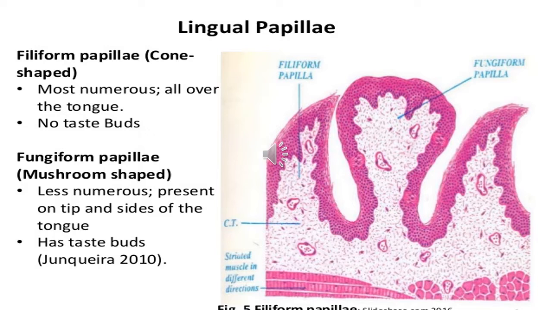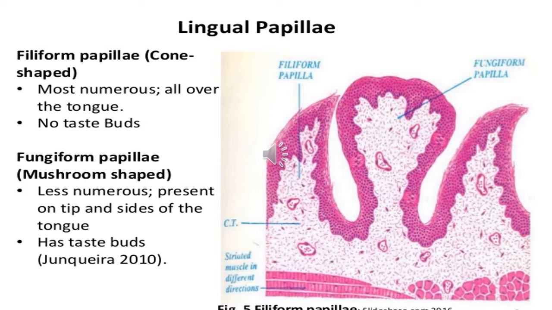So coming over to the first one, the filiform papilla, as you can see in the diagram, they are the most numerous of the lingual papilla, but they do not have any taste bud in them. This is the main difference, and this is usually asked during your viva, long slide viva: first of all, that you should name the lingual papilla, then in which of them the taste buds are present, and in which none of them are present, and also which are more numerous, which are less. So in the coming slides, I will make each of these points clear.